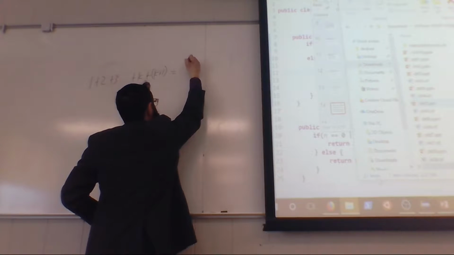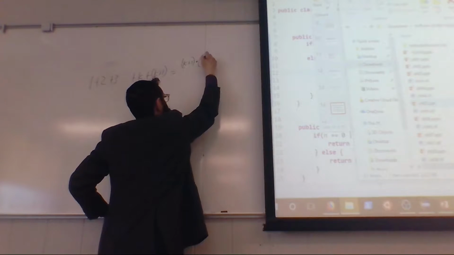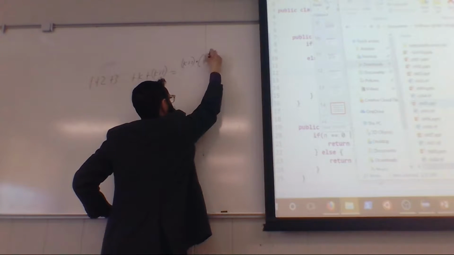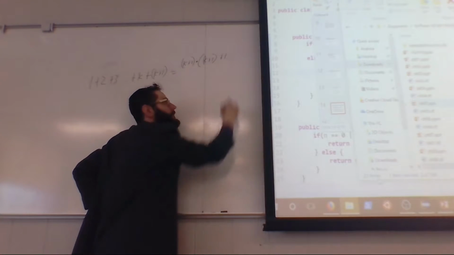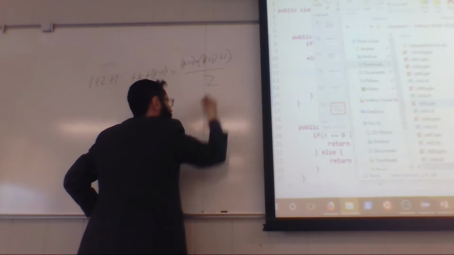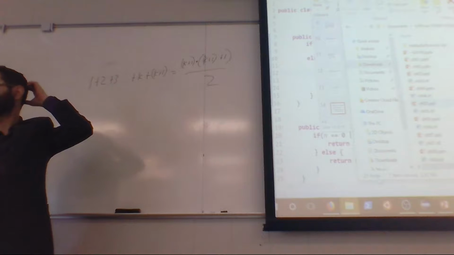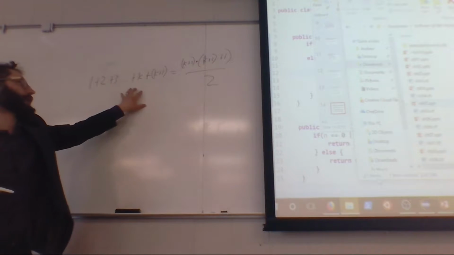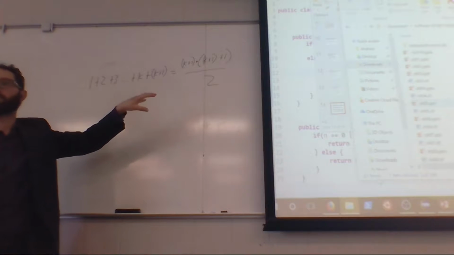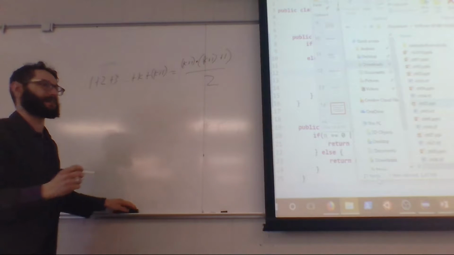So that means for here, instead of having n times n plus 1, it's k plus 1 times k plus 1 plus 1, right? Remember how this was n and this was n? Well, now it's k plus 1 over 2. So the key here is that we just need to prove these two sides are equal, which sounds ridiculously complicated. But remember, we're assuming that if it's true for k, we're trying to prove that it's true for k plus 1. And so now we can use our understanding of recursion to solve this,